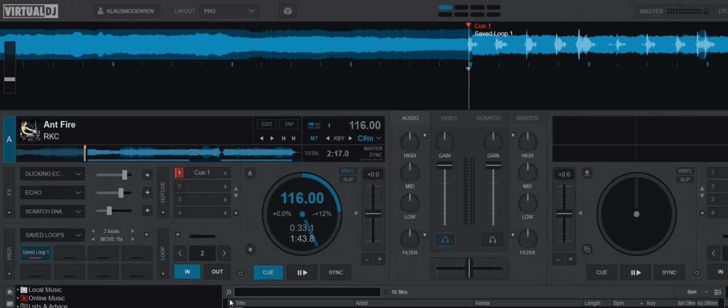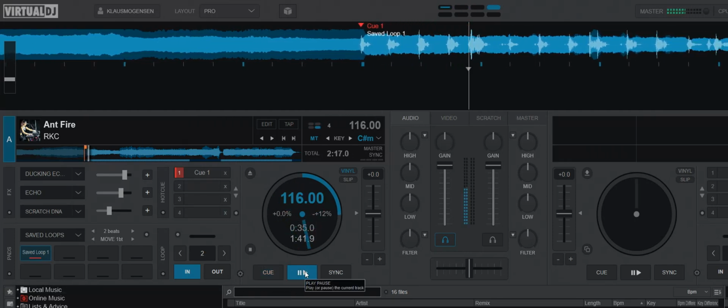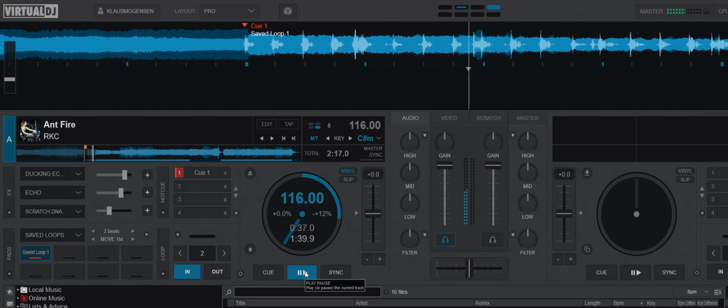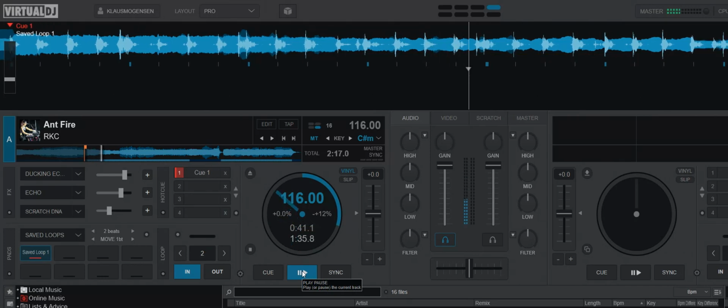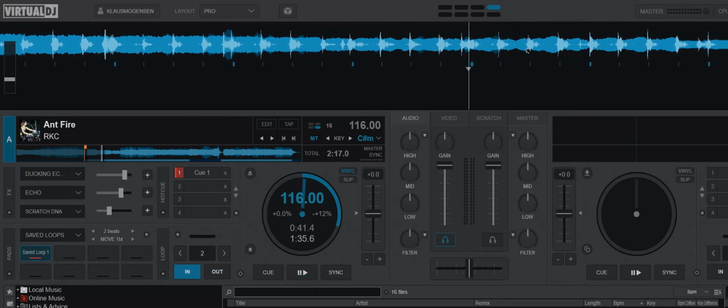So that's basically the saved loop feature when it's very simple, but there's actually a way to use it even simpler, which is probably even more common. Like you're in the middle of your workflow, so you're playing a track, listening to it in headphones, say, well, I'm actually just going to do a loop here, and you change the loop length maybe, like 4 beats, which also instantly changes the loop length over here, and you maybe test it.